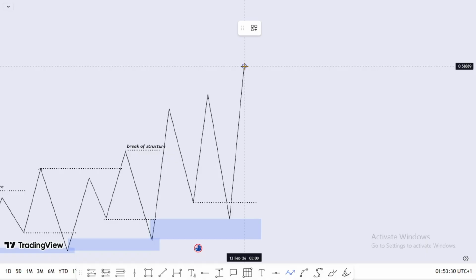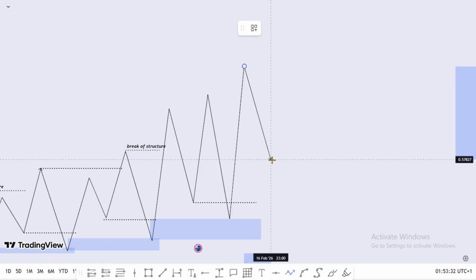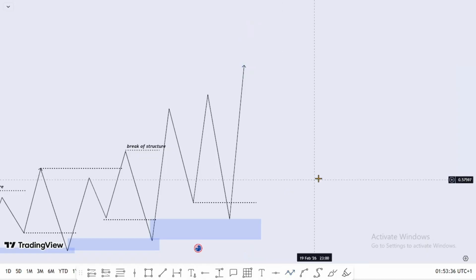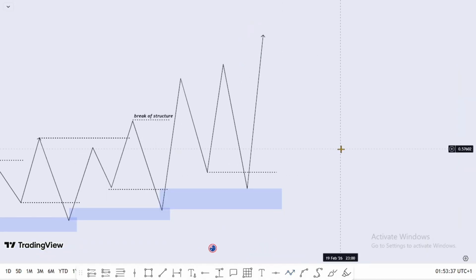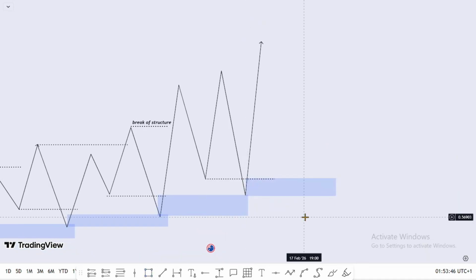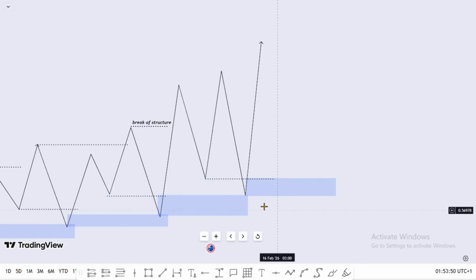So now the next thing we might have here is something like this, right? It forms this. So now let's just continue from here. At this point, there's another block that is formed at this zone. Obviously, after every impulsive move, there's always another block that is formed. But the next thing we want to do is to look at, does this other block fit